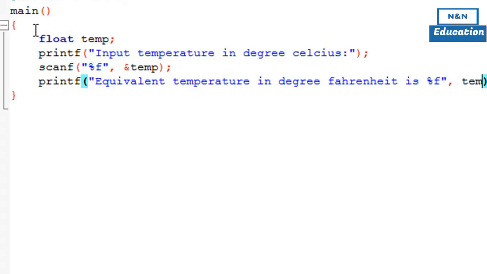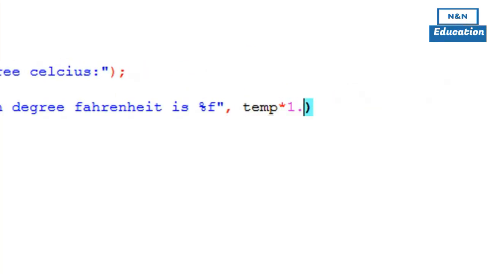So we'll have to multiply temp with 1.8, and then we have to add 32,